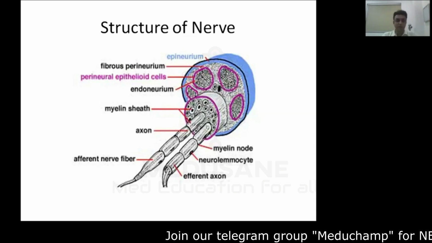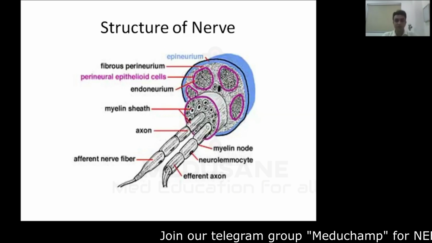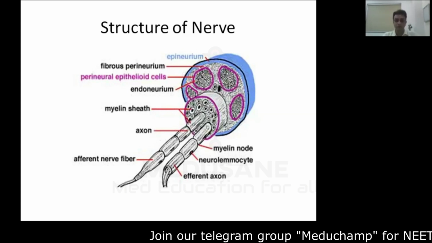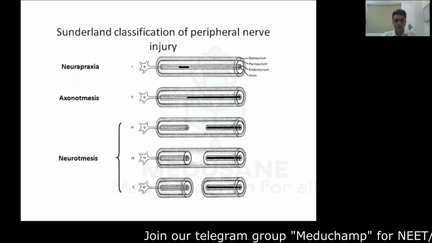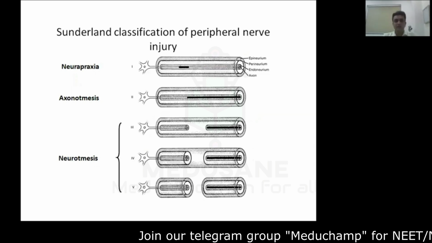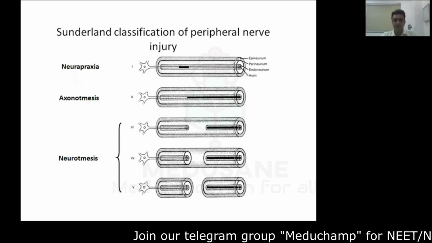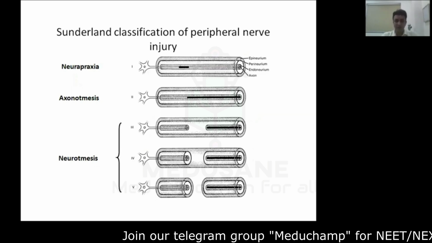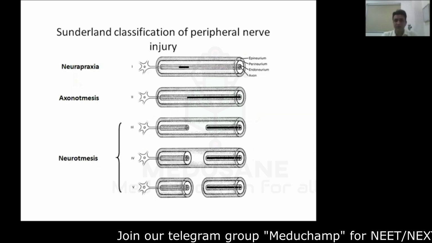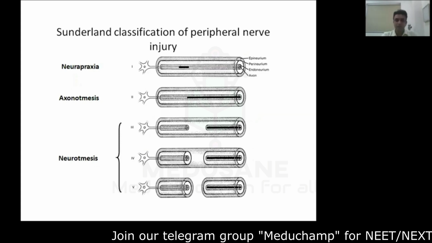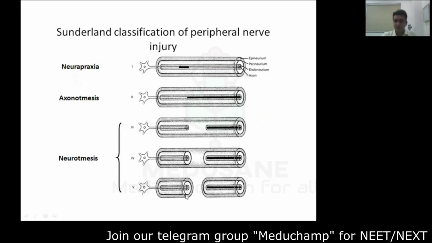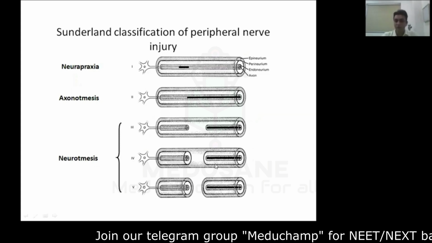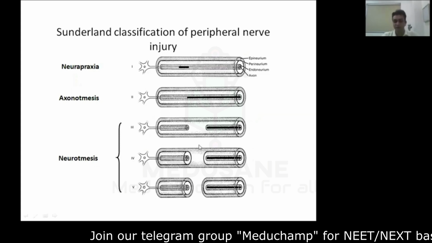Why are we learning this? Because if there is a nerve injury, the injury is classified according to these layers of the nerve. So the Sunderland classification says there are 5 different levels of nerve injury, and ultimately they are known as neuropraxia, axonotmesis and neurotmesis. So the 5th grade is where there is a complete transection of the nerve, no continuity. The 4th grade is where only the epineurium is